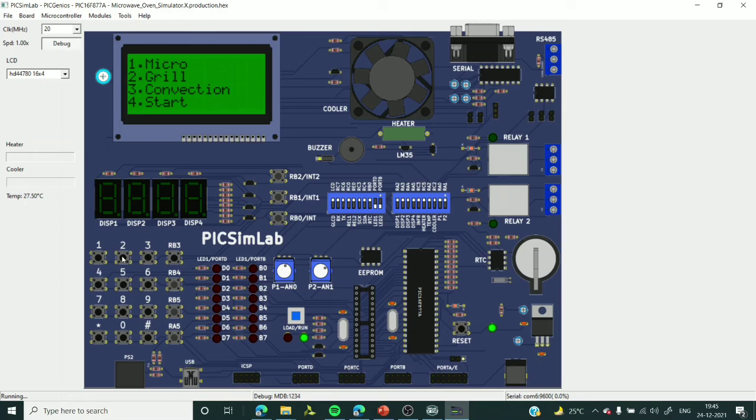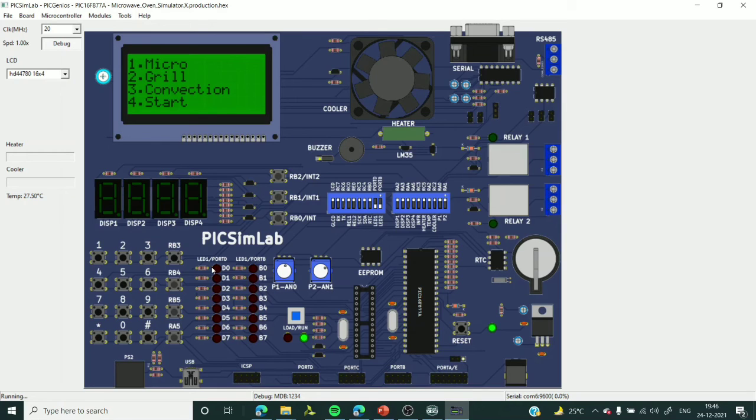So if you want to see the grill mode even more, let me set the time for 5 seconds. So this works in similar way as the micro mode. So after the 5 seconds is done, we can hear the buzzer sound. See, if we switch it off here, we can't hear the buzzer sound. So this is like a switch on and switch off button for the buzzer. So this is all about grill mode.